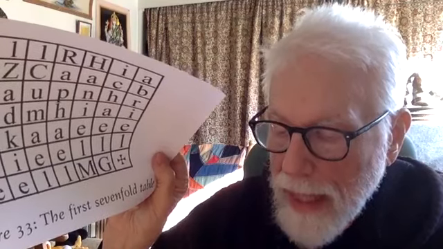Then move to the first cell of Hidmaliel to pick up the H. Then to the first cell of Kakai to pick up the K. Then move to the first cell of Ilmg to pick up the E. Finally, move to the second cell of the Zira bar of the heptagon and pick up the final L to spell Zafkael. How about that?